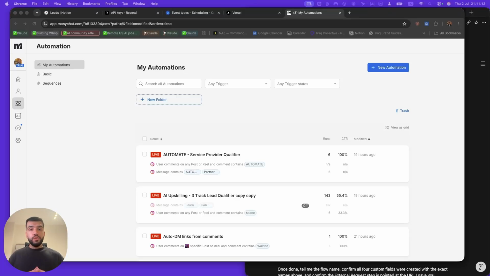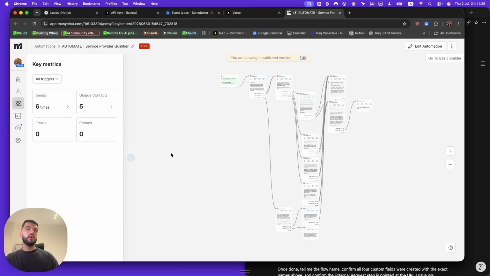All right, now that we have built everything out in Vercel, we're going to start to build out the Instagram side through ManyChat. Now, for those that haven't seen ManyChat, I'm just going to give you a quick breakdown on what it actually looks like. So this is the automation page. Now, if I click this one here, we can see it looks a little bit complicated, but I promise you